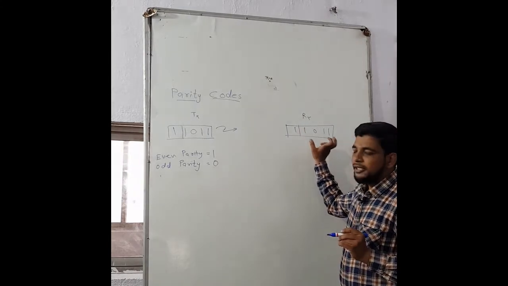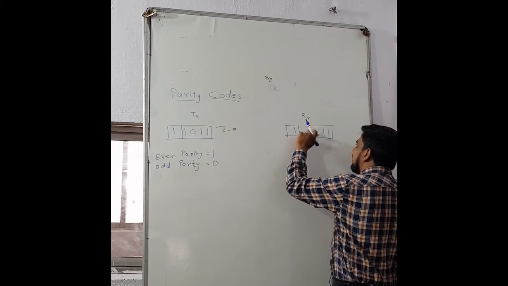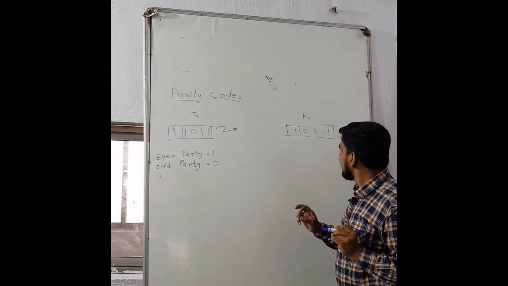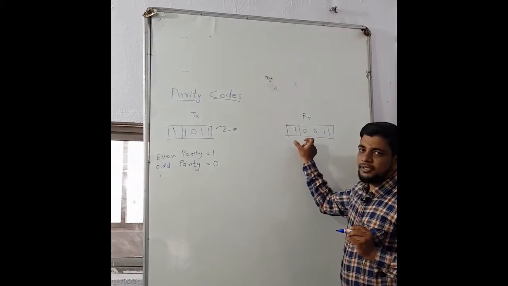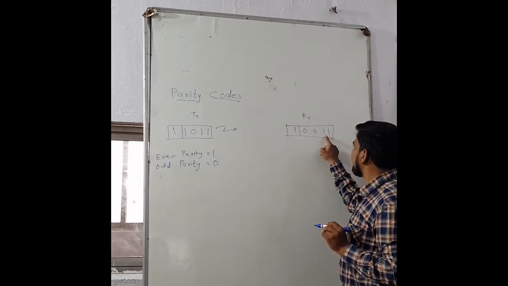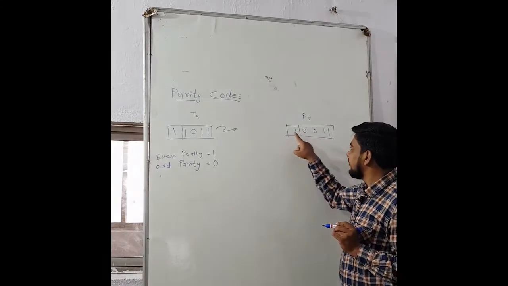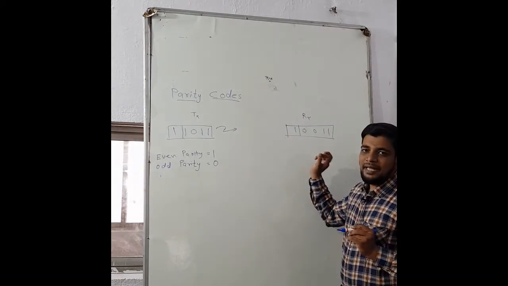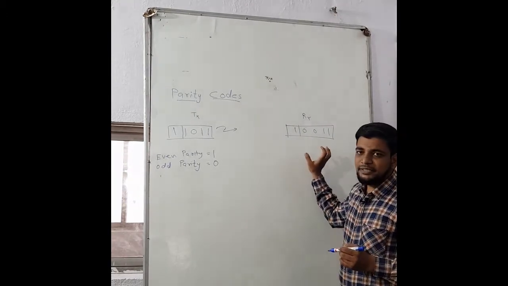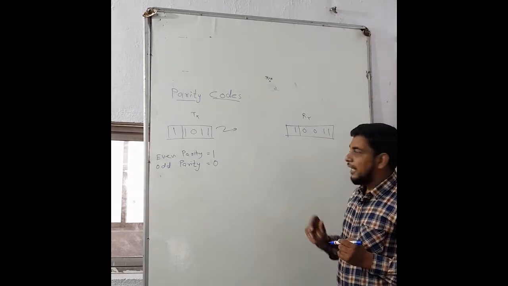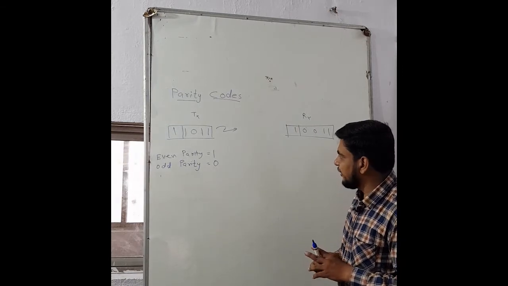If it doesn't match, that is, if during the transmission any one of the bits is inverted, suppose instead of this 1, 0 is received at the receiver, then by comparing the input information with the encapsulated redundancy, the number of ones are 1, 2, already even, which means the even parity bit should be 0, but the received bit is 1, which means there is some error in the input information. In this way the receiver detects the error, discards the complete packet and requests retransmission of the information.